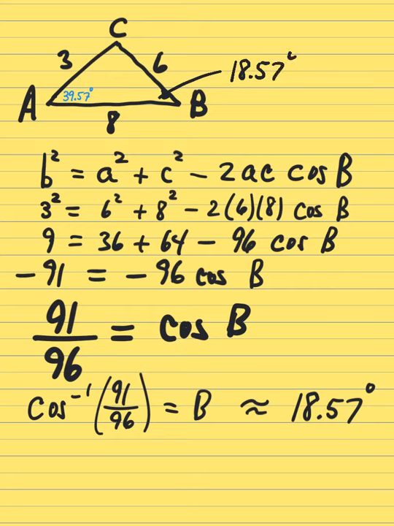Now, anytime you know 2 angles in a triangle, from subtraction you can get the third. So let's see, angle C is 180 minus the 2 that we've solved, 39.57 minus the other one, 18.57,